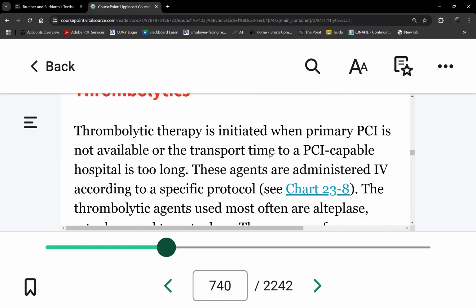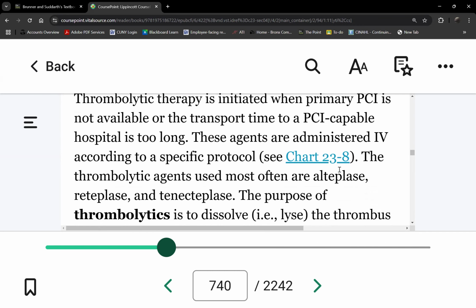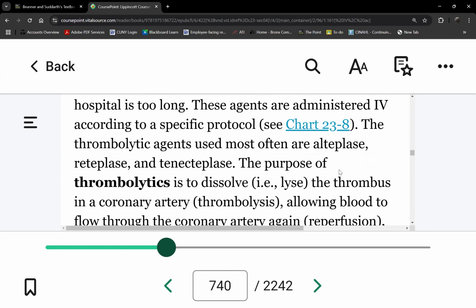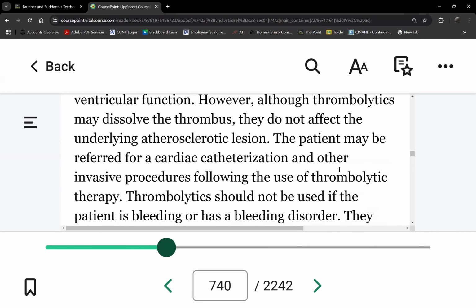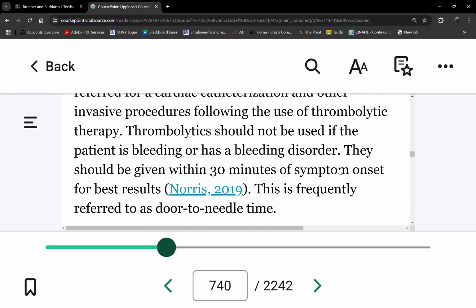A thrombolytic is a clot buster. It's a drug that will dissolve blood clots. It's a dangerous drug, obviously. It will dissolve any clots, so the number one side effect will be hemorrhage. But we'll look at the criteria. Thrombolytics can be given within 30 minutes of symptom onset. So as long as she reaches the hospital within 30 minutes from the onset of chest pain,